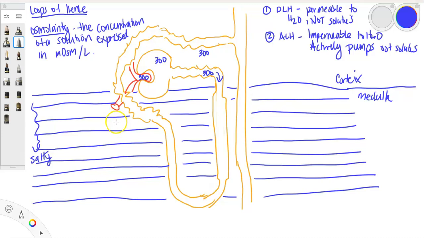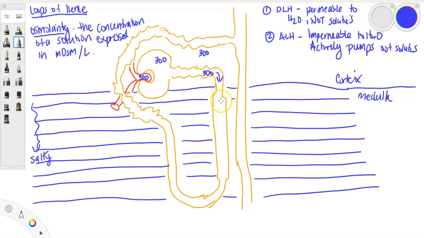Okay, and here's kind of what's going on here. As we're going down, water is going to be leaving. Okay, water follows the solute, correct? This part of the tubule, even though there's still solutes in the filtrate here as it's coming down,